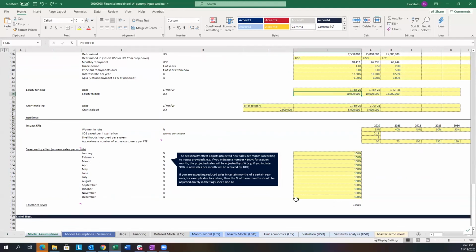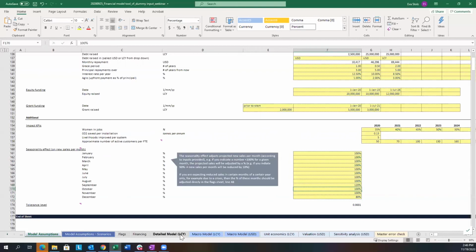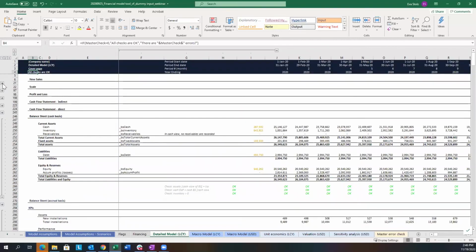So let's say, for example, in December, we are expecting lower sales. So say 80% of the normal value we would project. And then in September, actually, we are expecting higher sales. So we say 120% of the normal value. And then what this does is basically, if you go into the detailed model, and you go to the projection